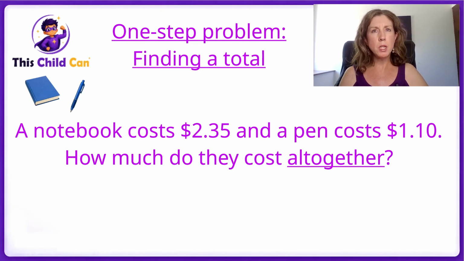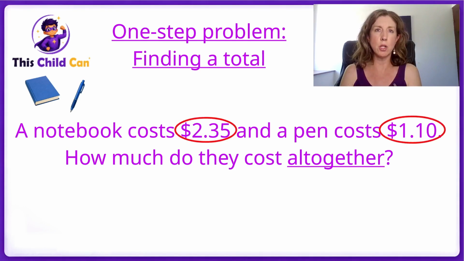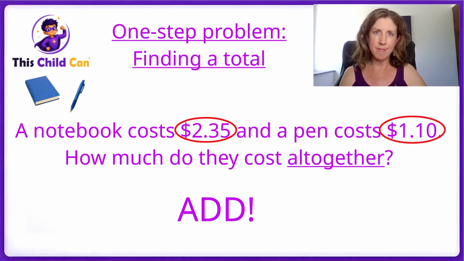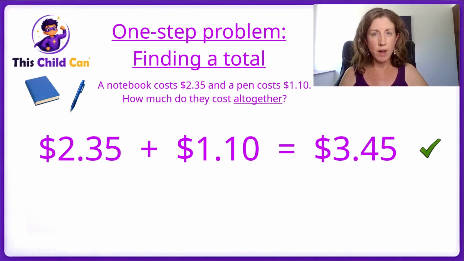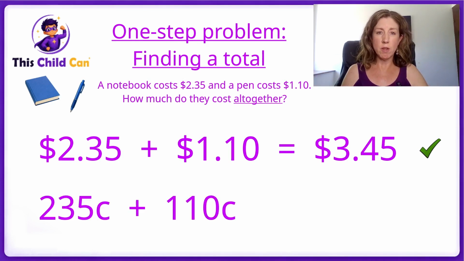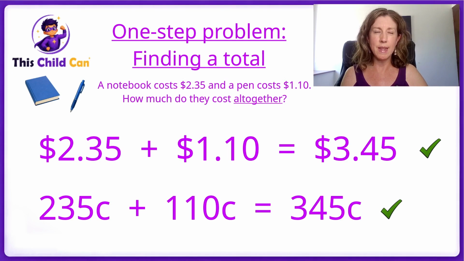Now, what's the money story going on here? What's happening? Well, we're putting two prices together to find a total. This suggests we need to add. Now, we can do this in two different ways. We can either do $2.35 plus $1.10, which gives us the correct answer of $3.45. Or we can convert these amounts into just cents alone. Then it would be 235 cents plus 110 cents, which equals 345 cents. Then we can turn it back into dollars and cents if we need to. It doesn't matter which method the children use, as long as they stick to one or the other and convert